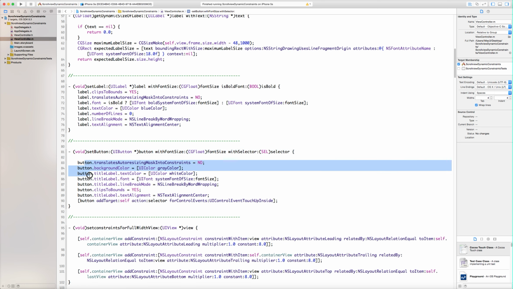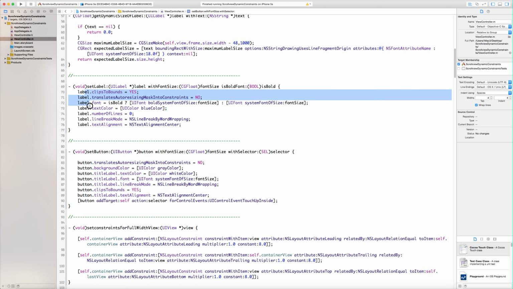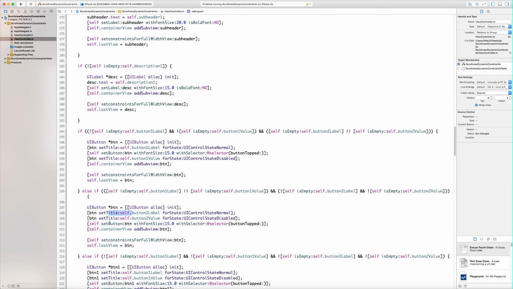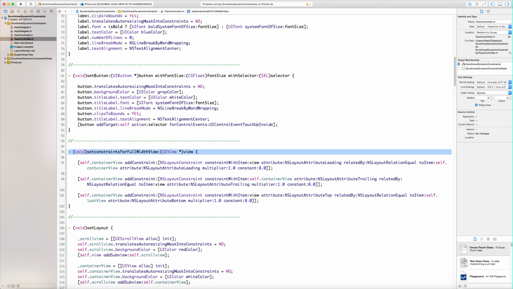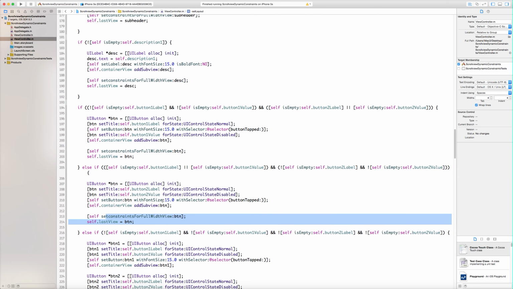I have created a method, just like the one to configure the label, and then added it in the container view and given the constraints in the same way: the leading constraint, trailing constraint, the bottom, and the top.